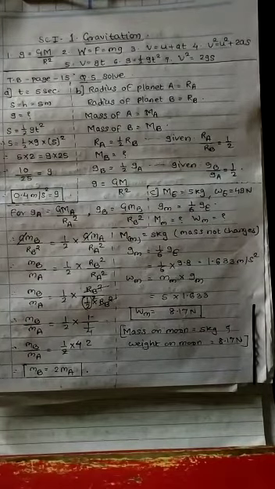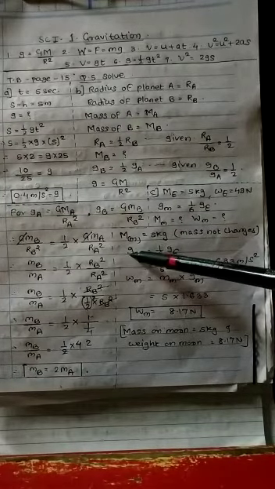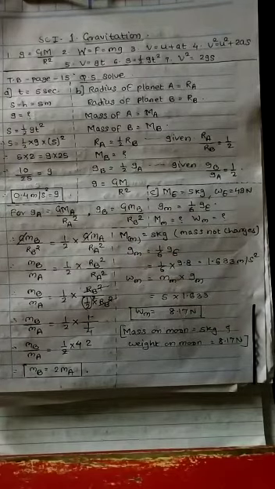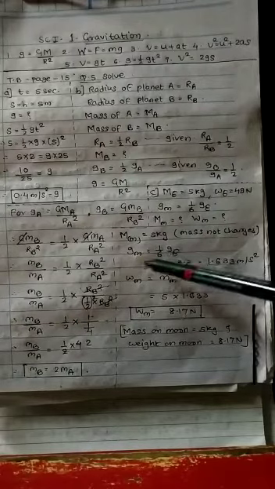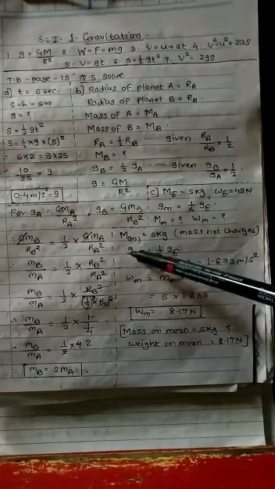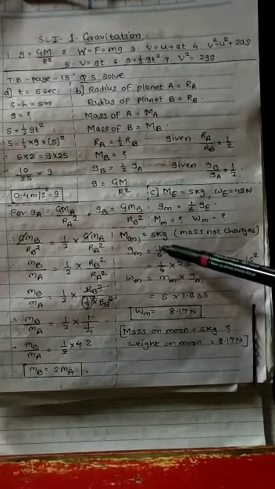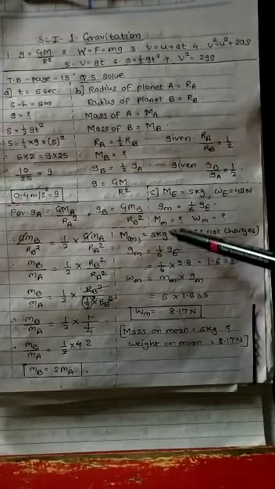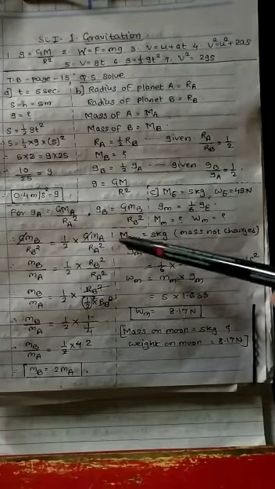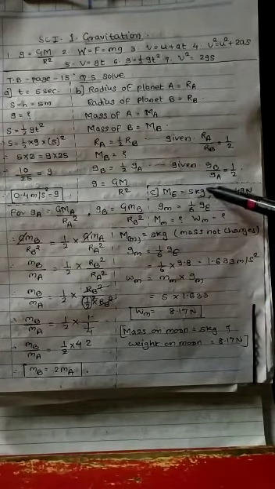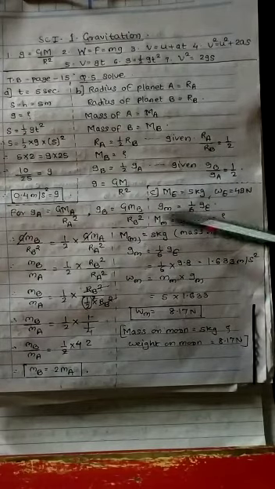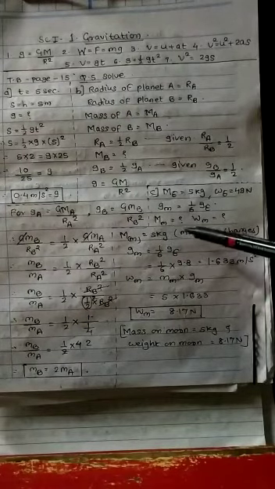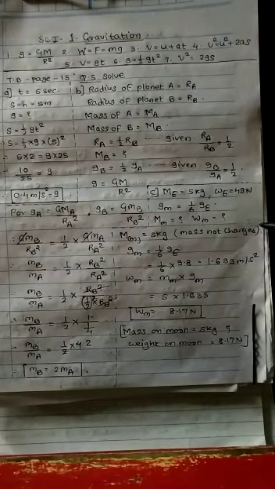And assume that the acceleration due to gravity, g, on the moon is 1/6 of that of the earth. So this is given here. This is assumed here. Gm, that is the acceleration due to gravity on the moon, is 1/6 of the acceleration due to gravity on earth. So here you have to find out Mm and Wm. Mm is the same 5 kg, because the mass on earth is 5 kg, and the mass on moon is also 5 kg, because mass does not change from place to place.